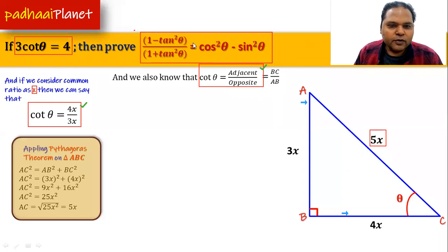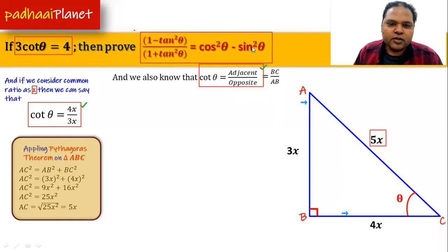And what we'll do is we'll first find out the values of sine theta, cos theta, and tan theta. And then we'll put those values into this expression, and we'll see the values of the left hand side and the RHS. And then we'll finally find out whether the expression which is given is true or not, right?